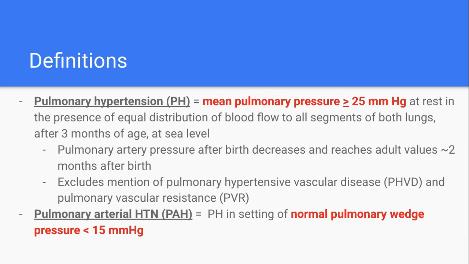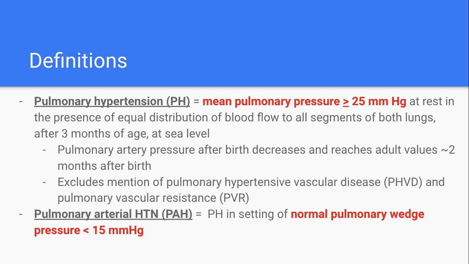So what do we mean when we define pulmonary hypertension? We mean a mean pulmonary pressure of greater than or equal to 25 millimeters of mercury at rest, in the presence of an equal distribution of blood flow to all segments of both of the lungs, occurring after 3 months of age and at sea level. The pulmonary artery pressure usually will decrease after birth, and it reaches the adult value around 2 to 3 months after birth. Note that this definition excludes mention of pulmonary hypertensive vascular disease and